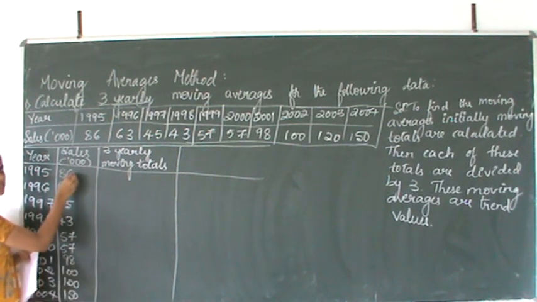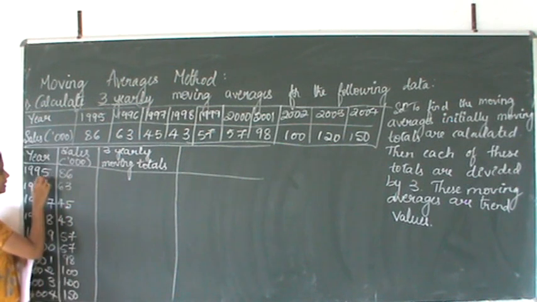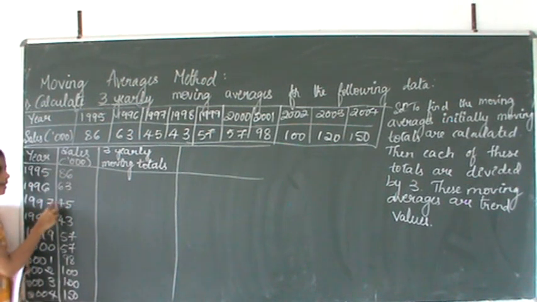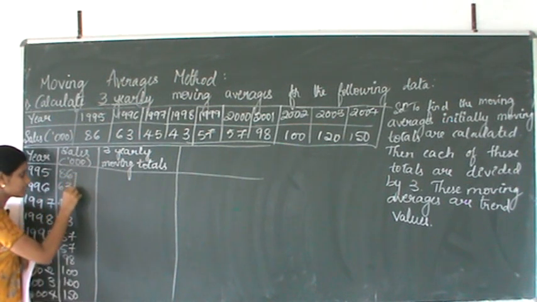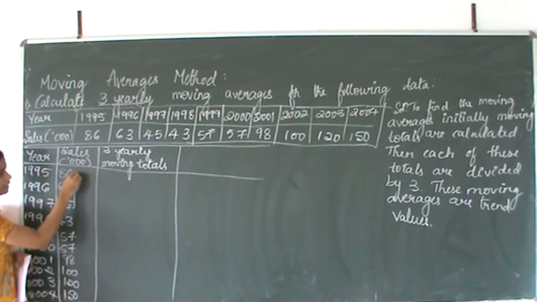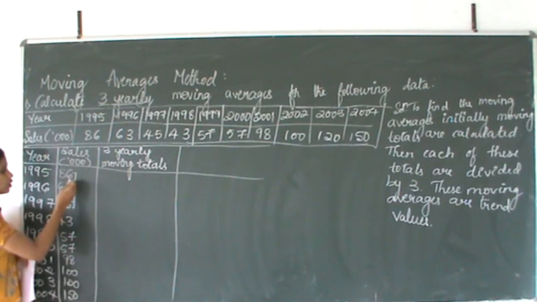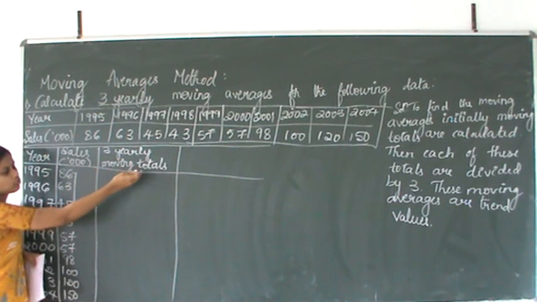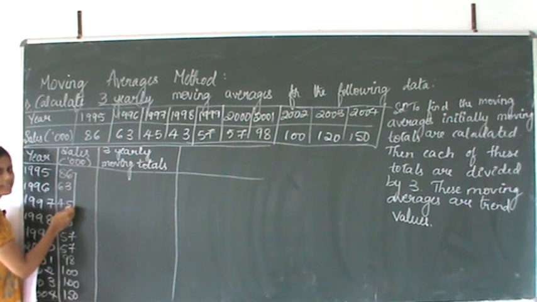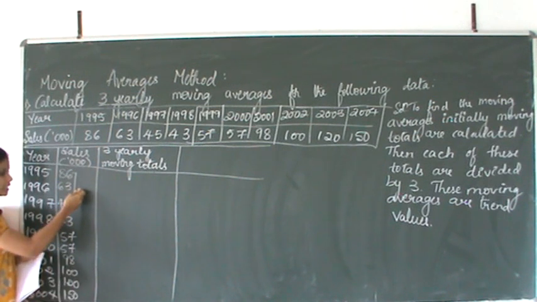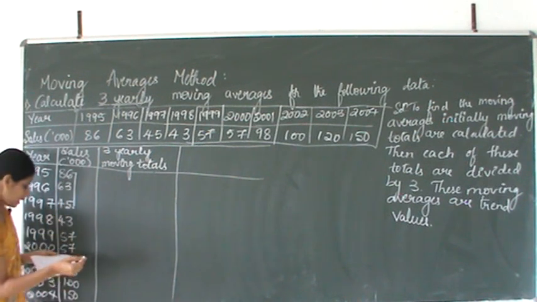First we are going to consider the first 3 years, that is 1995, 96 and 97. So this will be considered as one group, from 1995 to 1997. Three years, one group. So first we are going to calculate the yearly moving total. We are going to add 86 plus 63 plus 45. It comes to